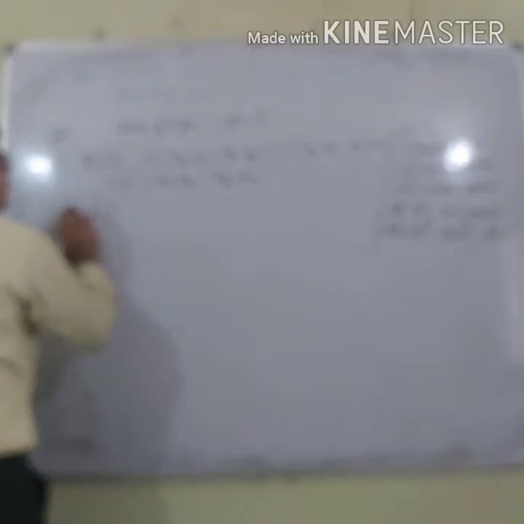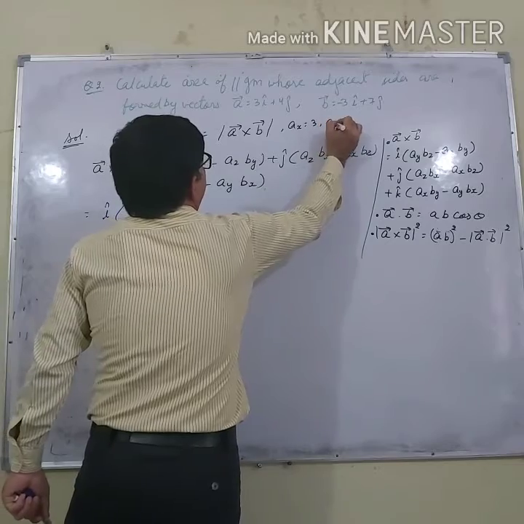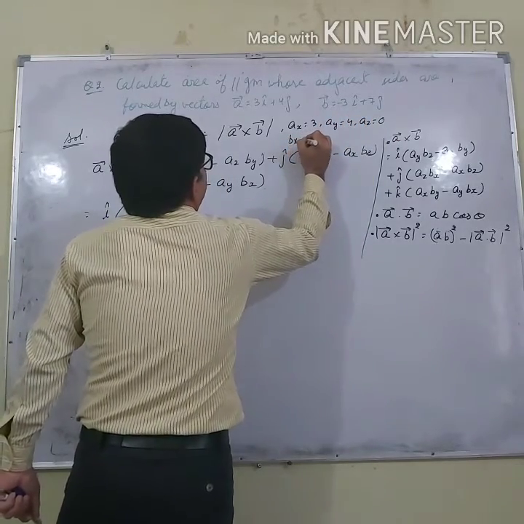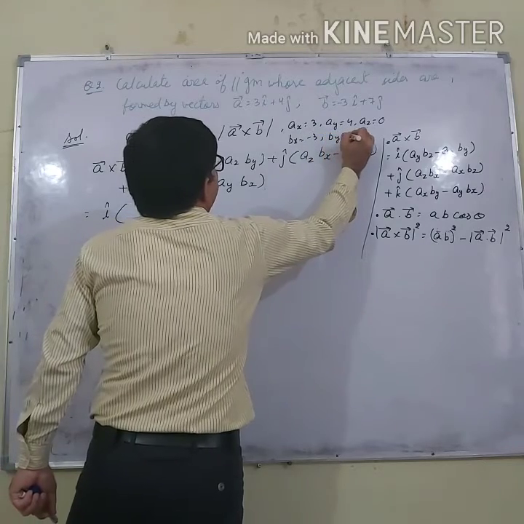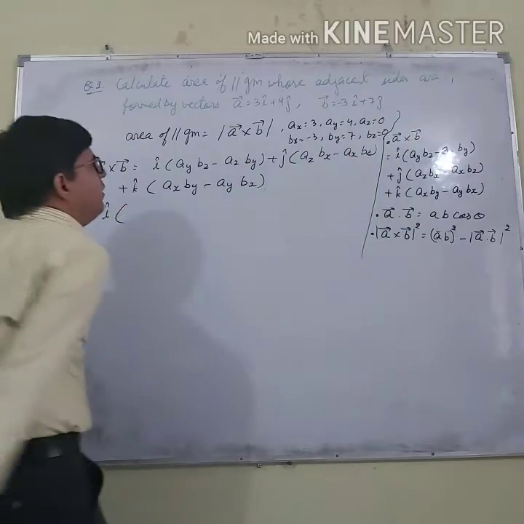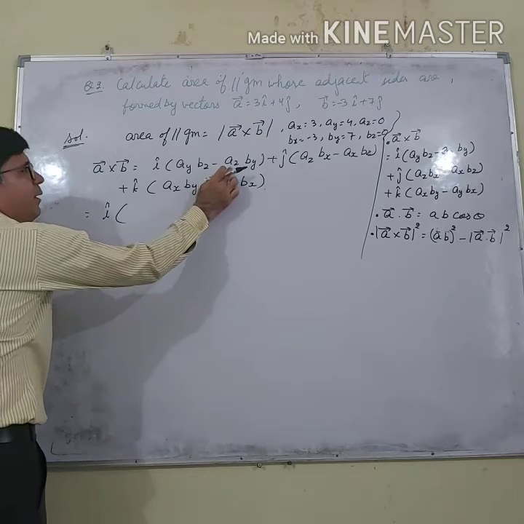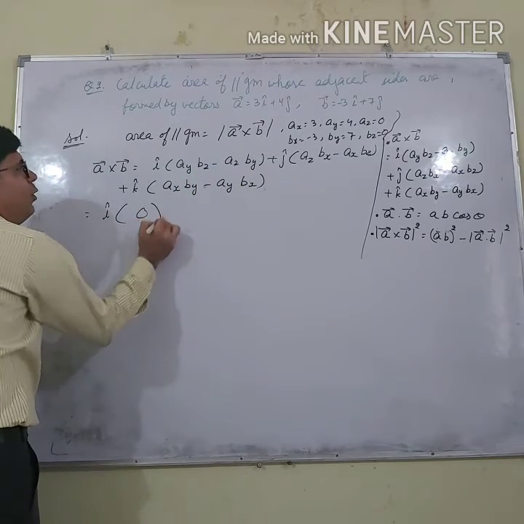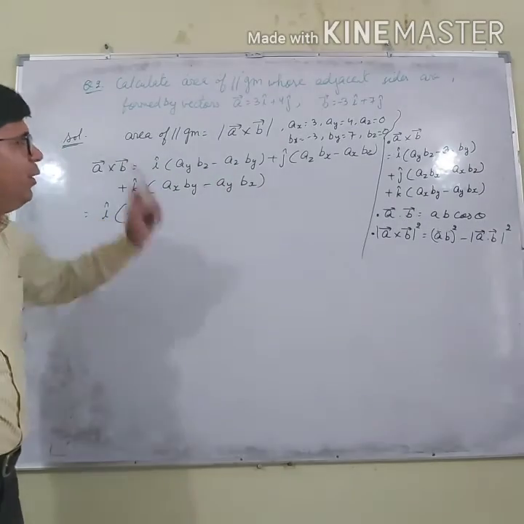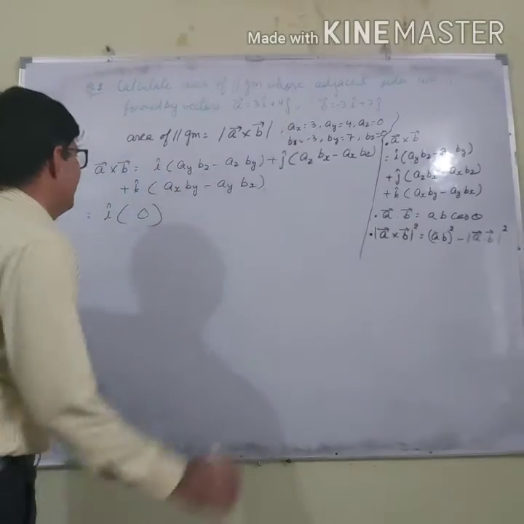So let me write here. What is AX here? 3, AY 4, AZ 0, BX minus 3, BY 7 and BZ 0, because these terms are not given, AZ and BZ. So I cap is AY BZ minus AZ BY. It is automatically 0 because our AZ and BZ are 0. In this case there are terms of AZ and BZ, take them 0.